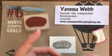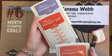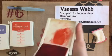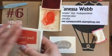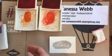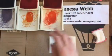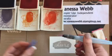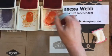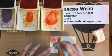What we're going to do now is get some ink on there just to make it a little bit more interesting. And the colours that I'm working with today are these three: Calypso Coral, Tangerine Tango, and Wisteria Wonder. So what I've done is I've given my ink pads a little squeeze so that the ink from the pad is actually sitting in the lid of the pad itself, and that just means that I can use that as a little palette or paint palette to pick up the ink from. And I've got an Aqua Pen here which is filled with water, and I'm just going to squeeze that into the lid there just to get a little bit of water, and it's a matter of just kind of splodging that colour down. This is the Calypso Coral,